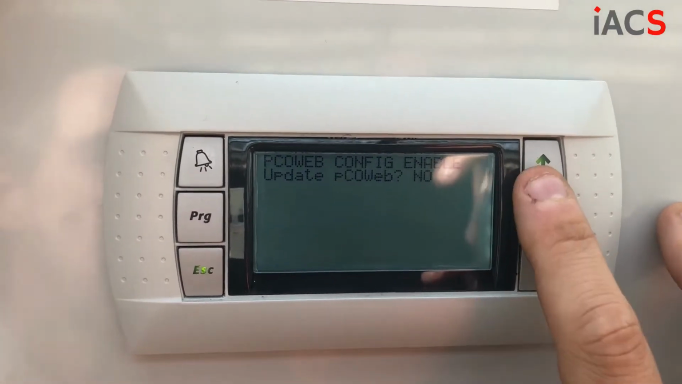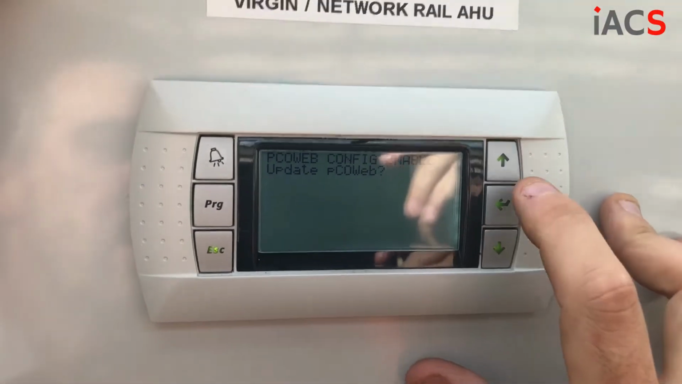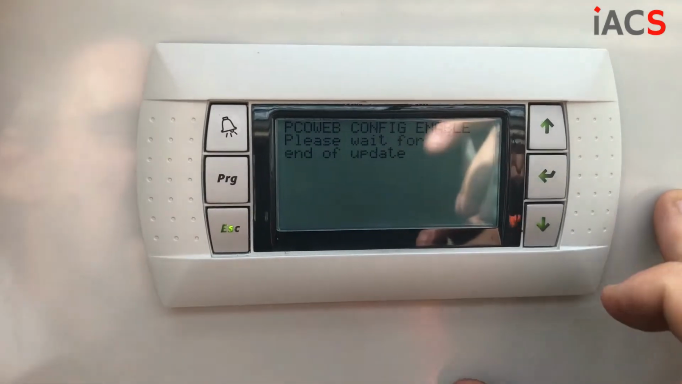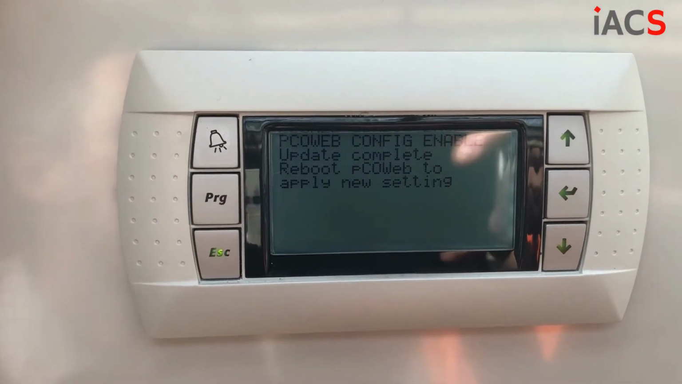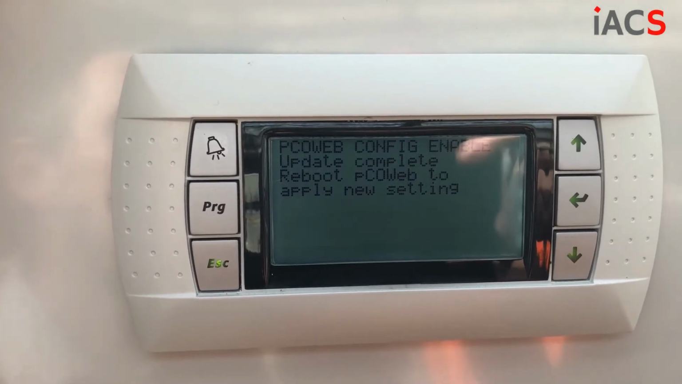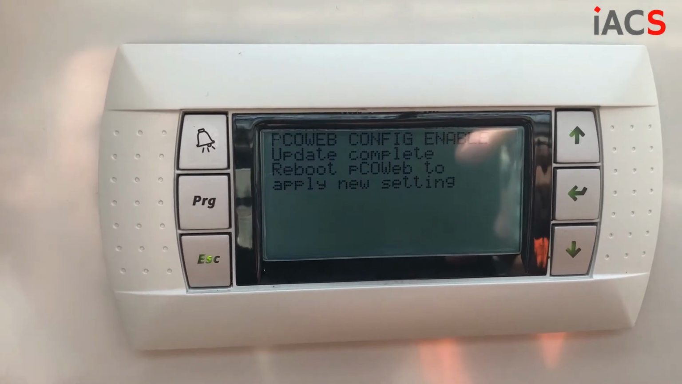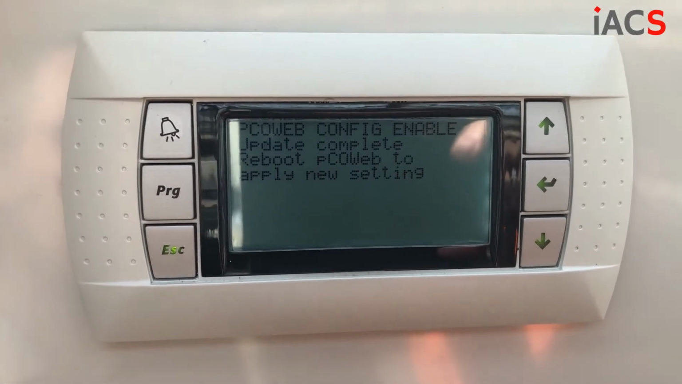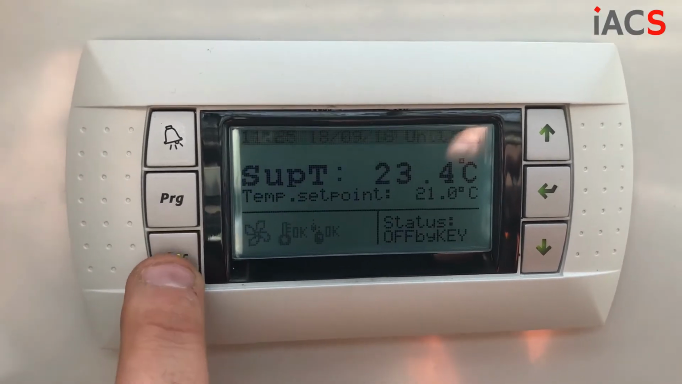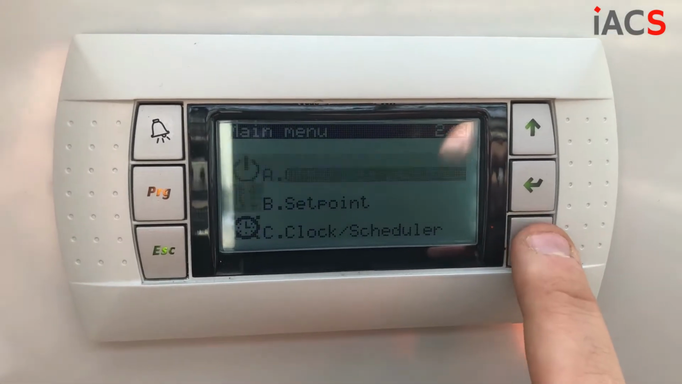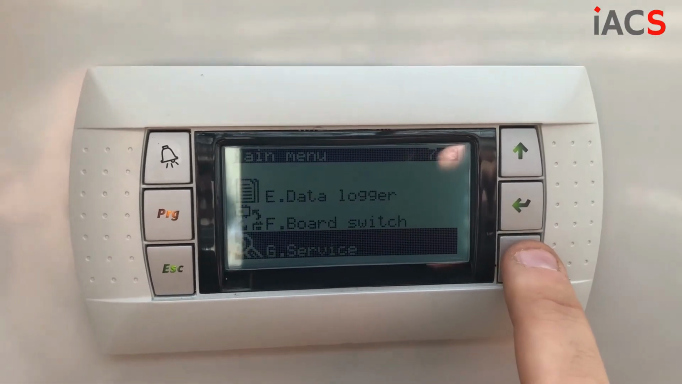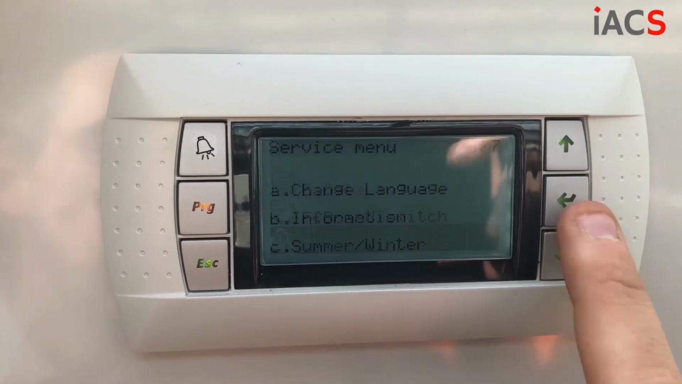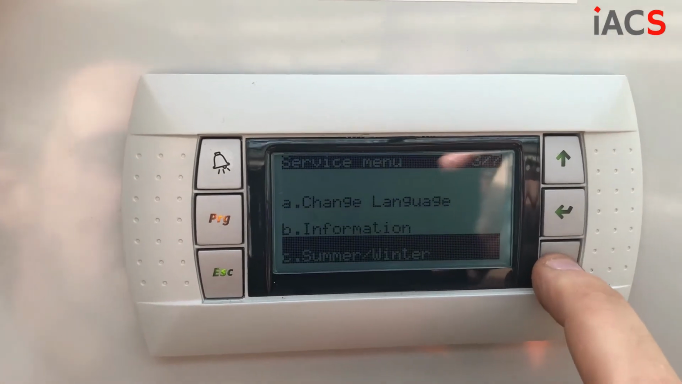At this point, you need to update the pCOWeb by pressing yes. It says please wait, update complete, reboot pCOWeb. This means that you have to power down the controller and power up for the pCOWeb to restore the new settings. Bear in mind that in the network settings, which might be in different parts of the menu depending on the software that's been used,